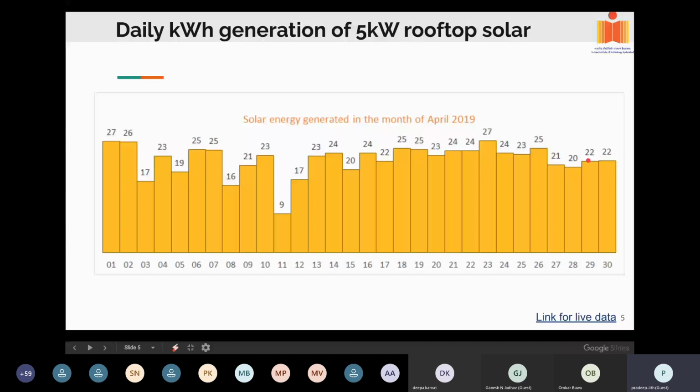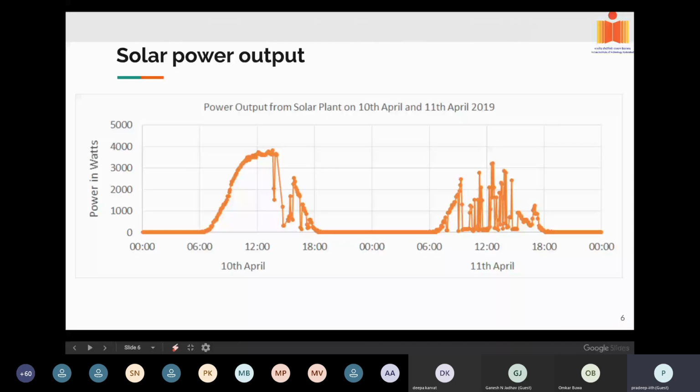Certain days, for example, the 11th April, only 9 units got generated. Only 9 units. Why is it? What is the reason? Then, if we go for further examination, see on 10th April and 11th April, earlier we had 1 bar for the entire day, but now this is a daily supply curve or generation curve. So you can see 5 kilowatt plant, the maximum goes up to 4 kilowatt here, and then it comes down. Which is expected actually. If you install 5 kilowatt panels, the maximum generation goes up to 80% like that.